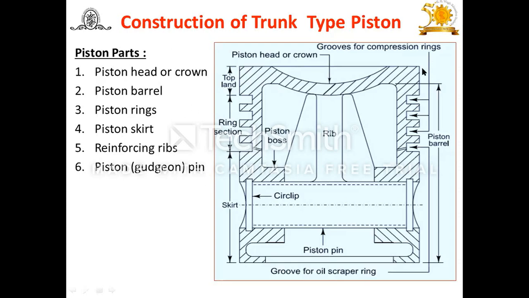Look at this. This top portion of the piston is known as the piston head. The part above these rings is known as the top flange. This part is the piston head. Generally, if it's not mentioned, you have to assume it's a flat piston head. Below this top line is the piston head, and up to this ring is the top portion of this piston.